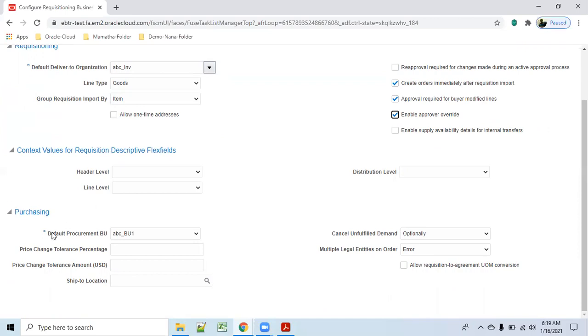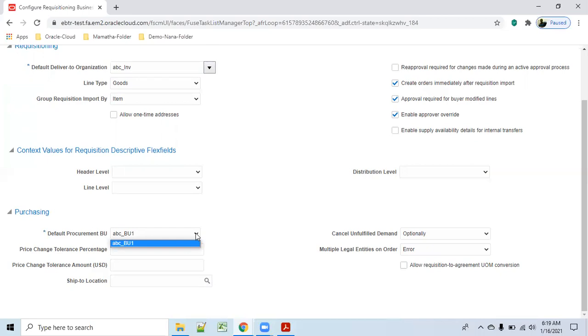What is the purchasing BU? If you have a different one, then you can select the BU. Whatever BU we selected, I want that BU to act as both requisition and procurement BU. If we have a separate BU, then you can choose that BU here.